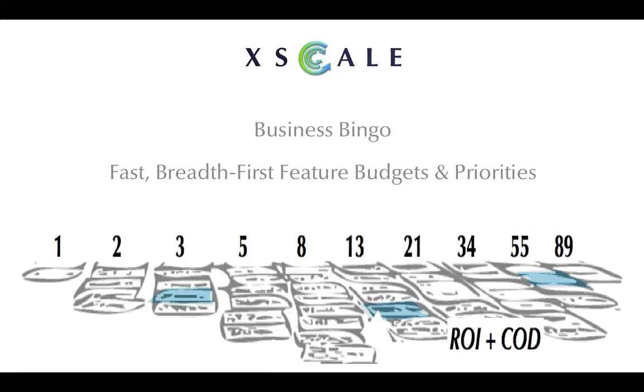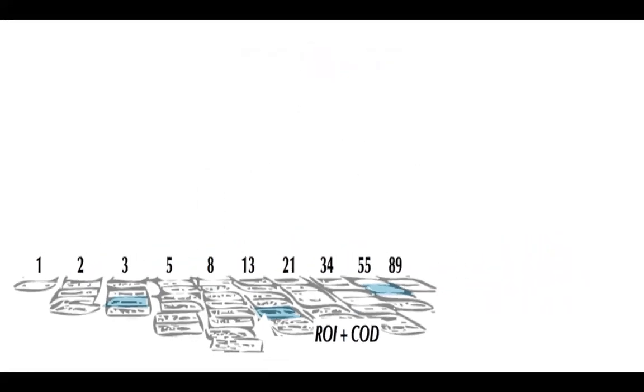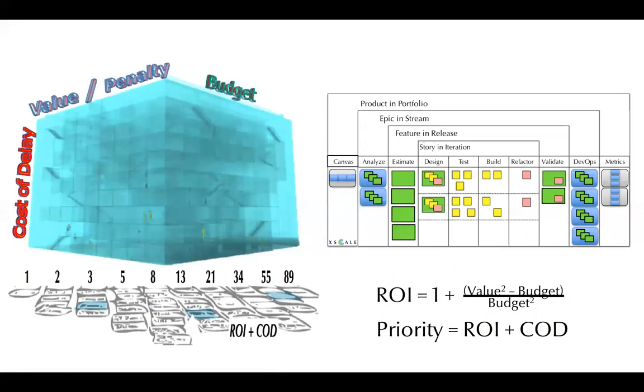So we also need to get estimates around business value. We actually want to think about value and budget as two components for an ROI calculation. We have a non-linear ROI calculation because, for a start, it's very difficult to get business people to give you estimates in actual dollars. They don't want to be the person who said that this feature would be worth $5 million and it was only worth 50,000. But they're happy to tell you that this feature is less valuable than that one. And that's all we really need to be able to play this business bingo game.